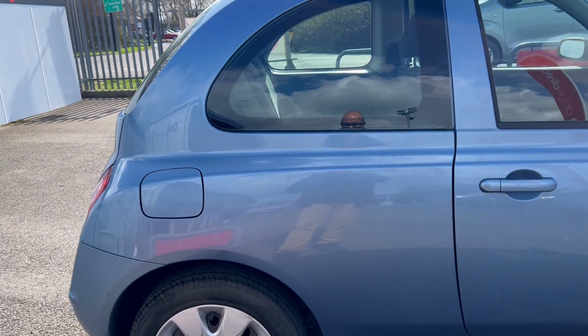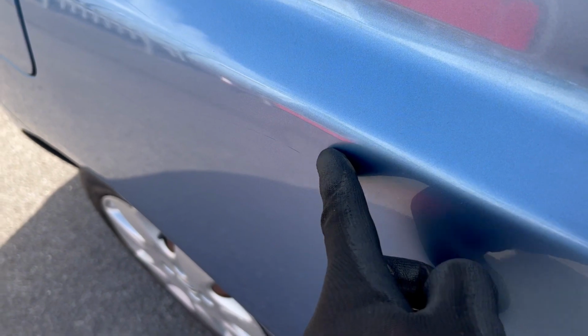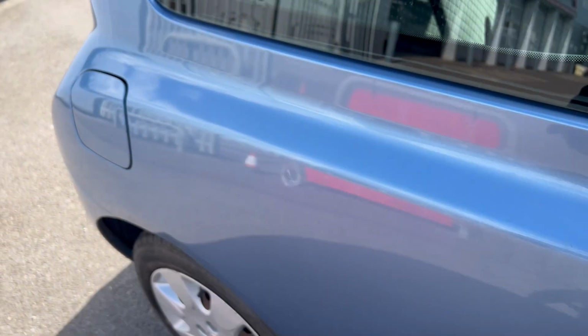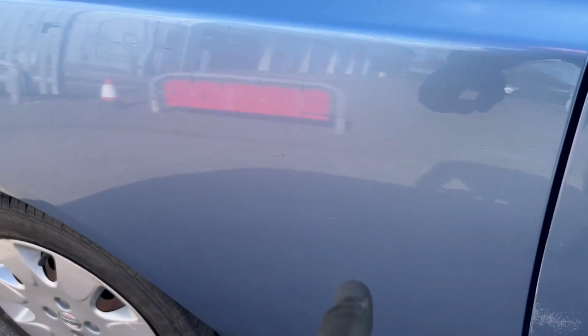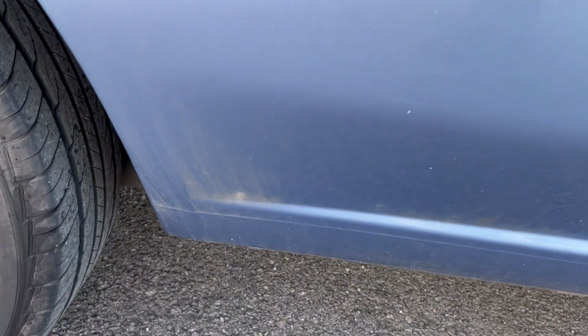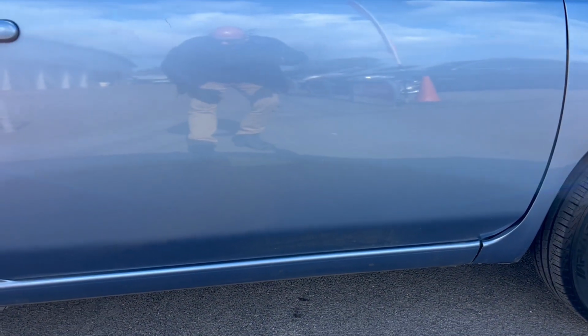And this rear quarter panel, it's not looking bad. There's a little dent in here. You can hardly see it, and a few light scratches going along the side and down here. A few light scratches, and that is some dirt. As I say, this car could definitely benefit from a wash, as there is dirt also on the lower of